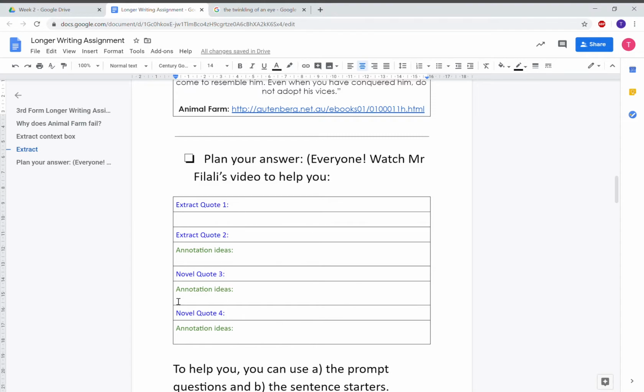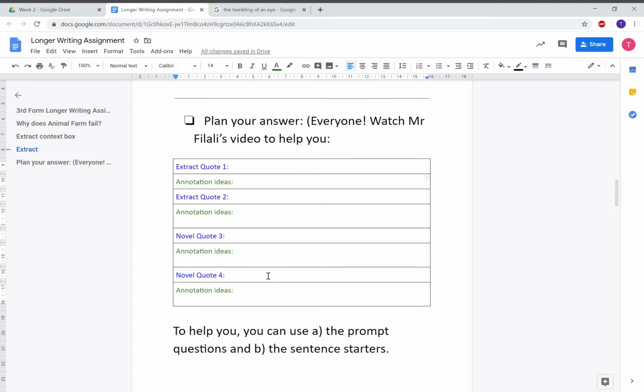This is where we are going to find 4 quotations, and we're going to annotate some ideas. We're going to take those quotations, we're going to zoom in on the keywords, and we're going to explore them a little bit, okay? We're going to unpack them a little bit. The reason why we're doing that, the reason why we're picking 4 quotations and we're annotating ideas is